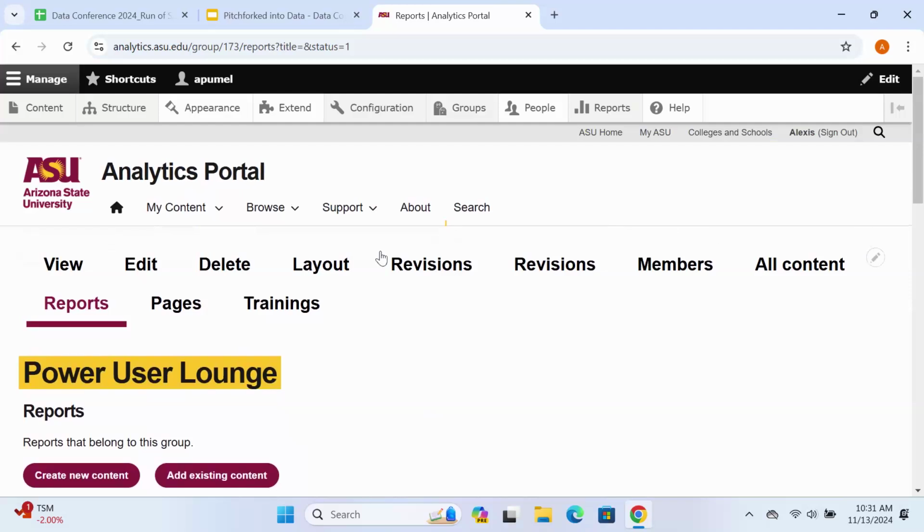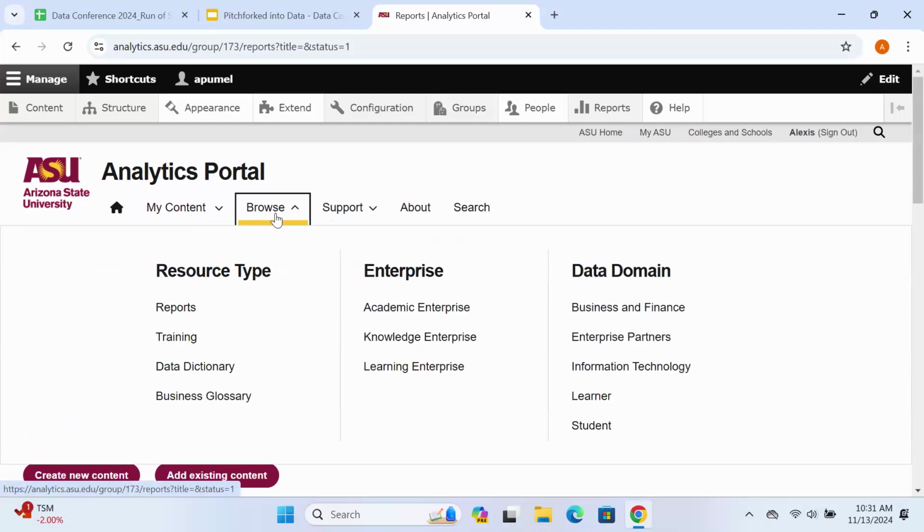Additionally, in the analytics portal, we have this top navigation banner that breaks data up into 3 main different categories: resource type, which is reports, training, our data dictionary, and our business glossary; by enterprise, so as you know, ASU's split into 3 enterprises: academic, knowledge, and learning. And then also within data domain. So, high level, what type of data is being leveraged within these reports, which are business and finance, enterprise partners,